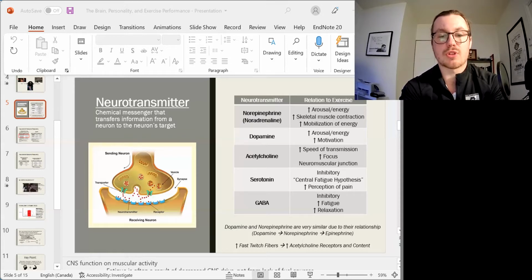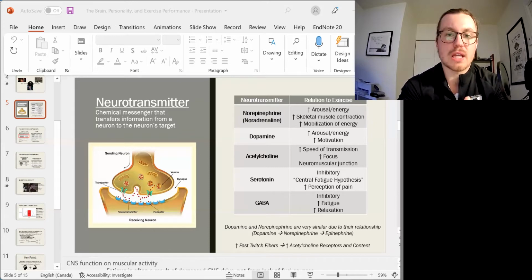Mainly, those are the main tests focused on for sport athletes. My research is looking at how these neurotransmitter assessments, through personality questionnaires, may influence